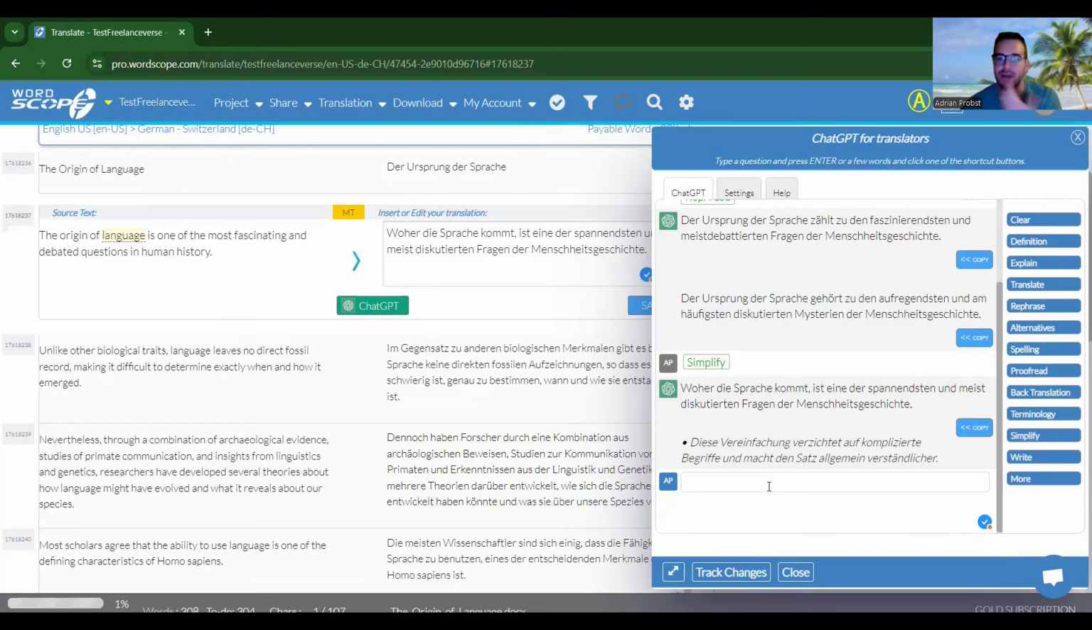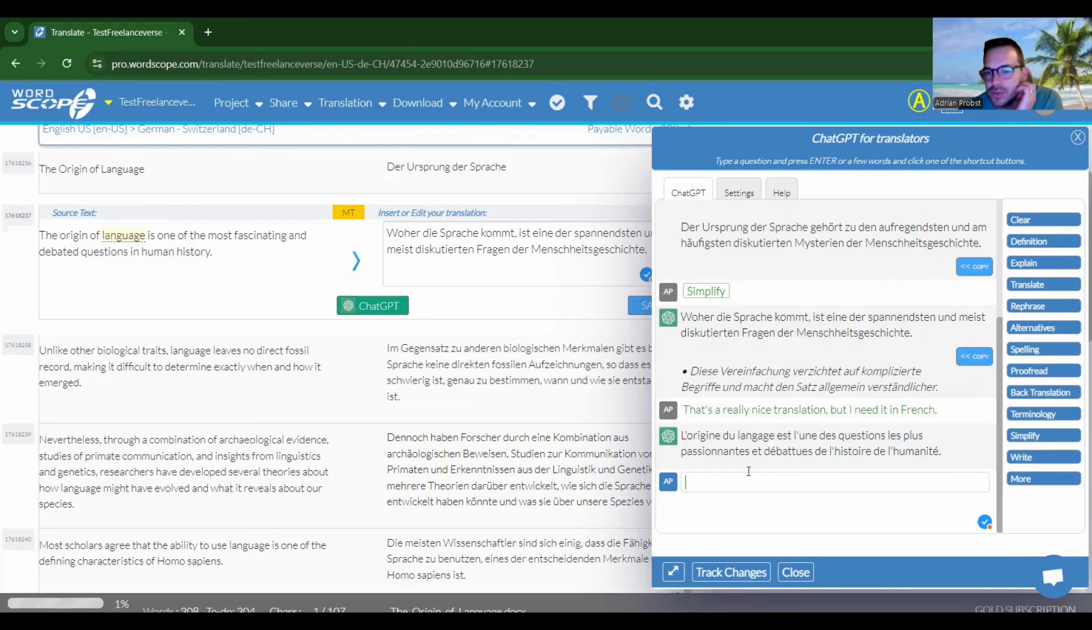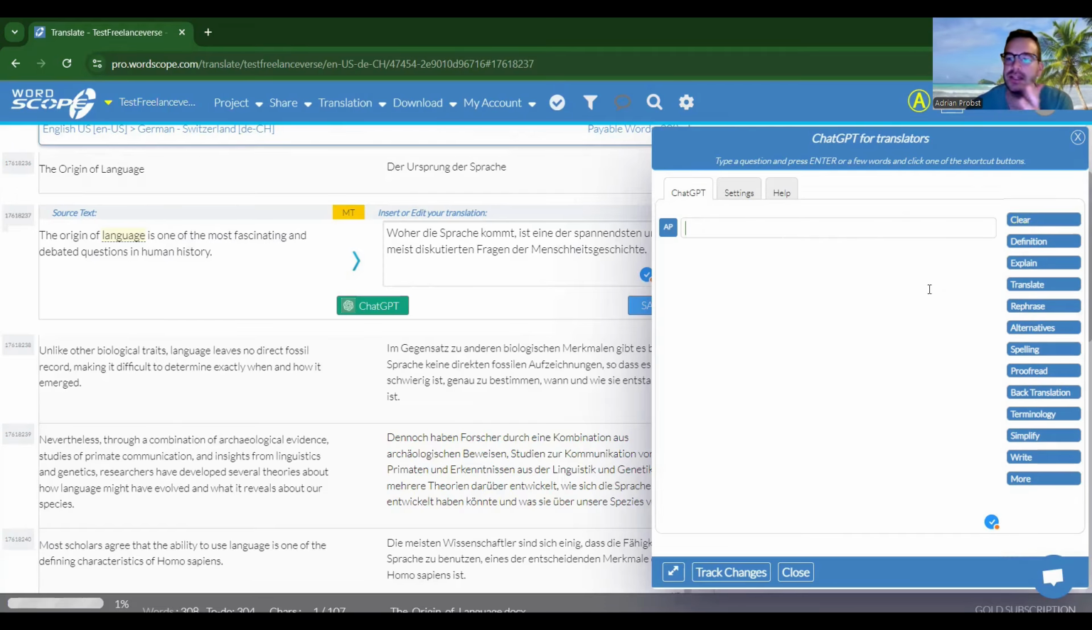And then you can also directly chat with it with the chatbot. So I would say that's a really nice translation. What I need is in French. L'origine du langage est l'une des questions les plus passionnantes et débattues de l'histoire de l'humanité. Sounds very good. I'm not a native, but that sounds like a very nice sentence. If you click clear up here, it deletes the whole thing. And you can also just open ChatGPT for translators and use, as you would, the ChatGPT large language model, like